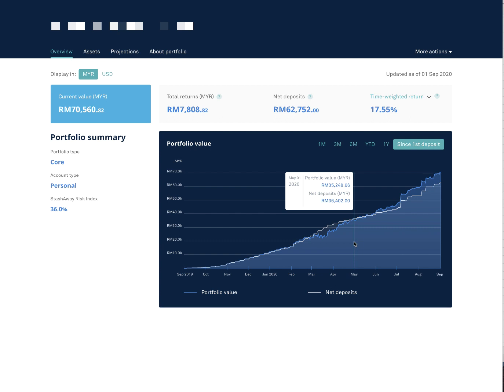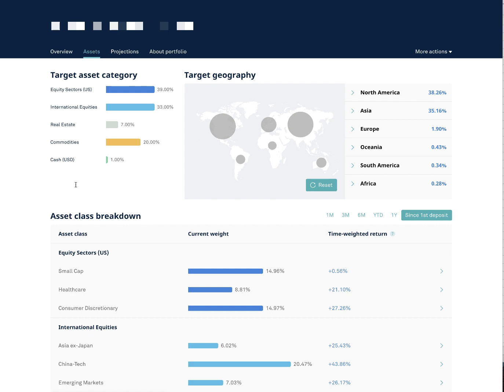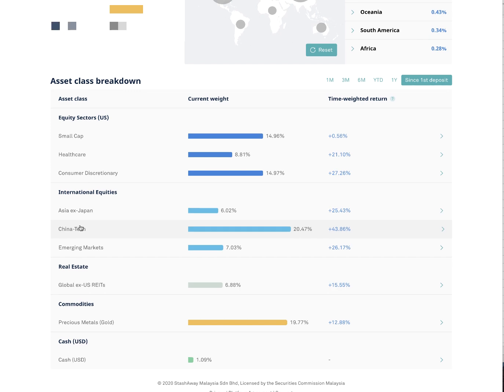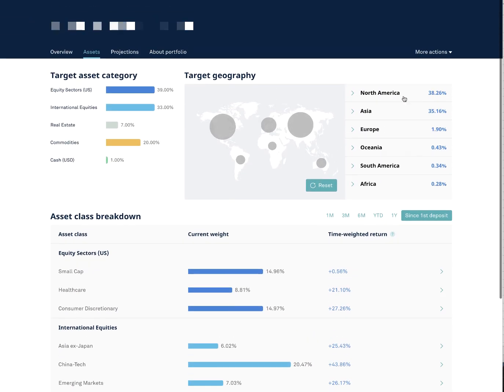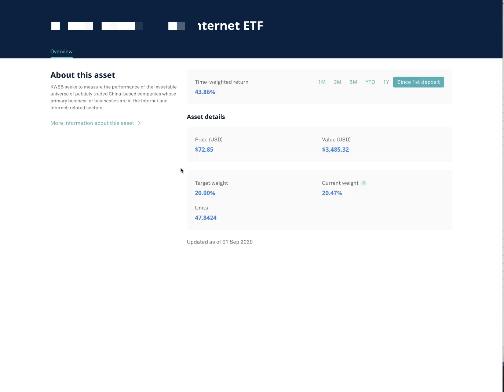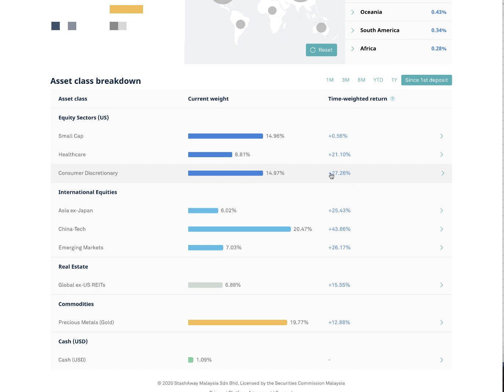But guys, look at the two main assets, or two main ETFs, that StashAway has invested for us in this 36% portfolio, and see how much it has given us back in return. Look at this, guys. What they added was this China Tech ETF, right? And if I were to show you how much I've gotten back, look at this, guys. Time weighted return, China ETF: